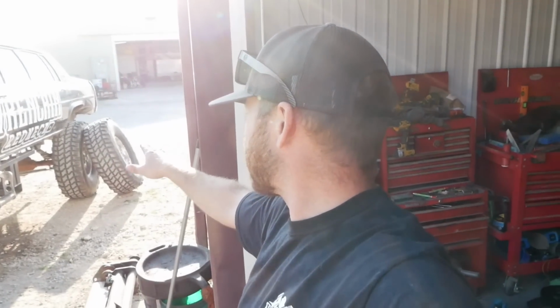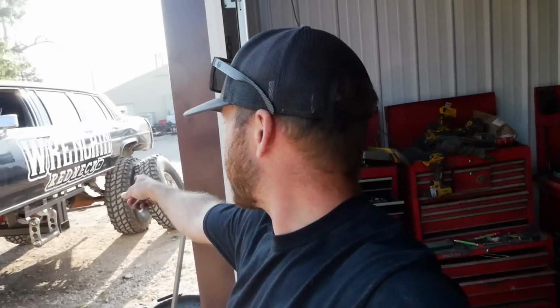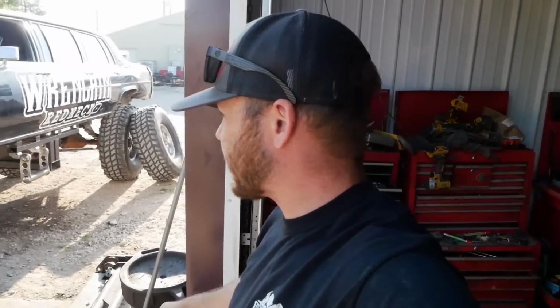Last I left off, we buttoned up the rear end, got that all put back together, got the brake lines ran to the front there. I still got to connect it, which that'll take a couple minutes. I went ahead and I pulled the front tires off this. Now we're going to start tearing this one down, so that way we can get the 513s in the front